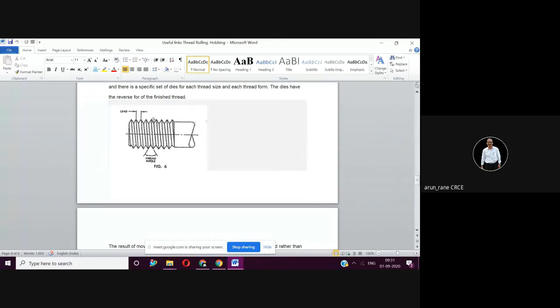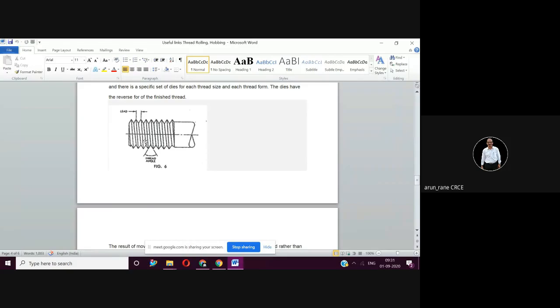Multi-start threads are used for conveying, called screw conveyors. In pharmaceutical industries, you can see screw conveyors handling powders, medicine powders, or even liquids. Why? Because the material movement is fast.